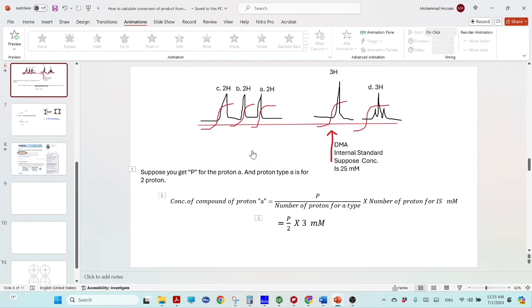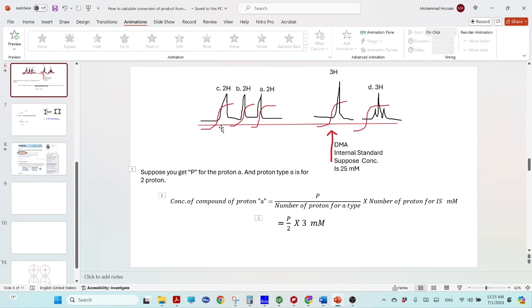So here again now you will understand. This peak is for 2 protons, and if you integrate this internal standard as 25, then if you integrate this peak and you get a p value,